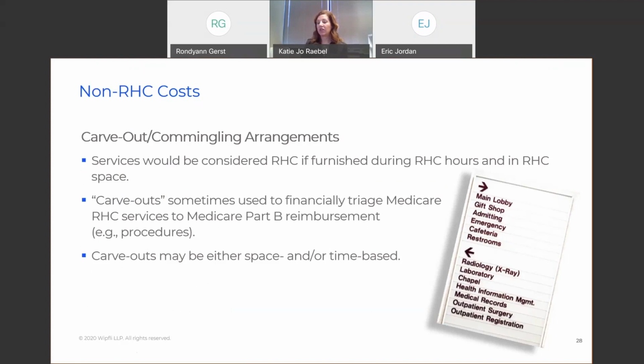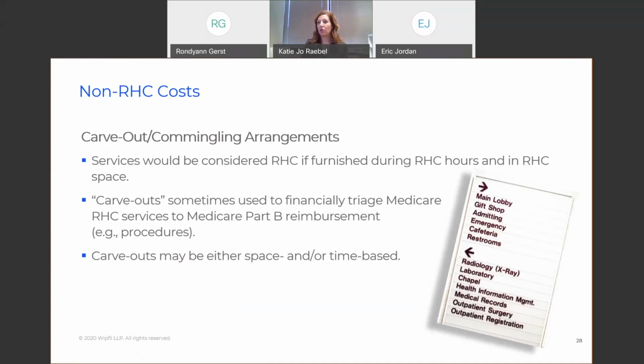We also get a lot of questions, well, can we just do a procedure room in a rural health clinic and bill it? We do all of our Part B procedures in that space, and then we're able to get higher reimbursement under a fee schedule reimbursement if we do it that way. And, you know, years ago, there was some of that going on. I find that kind of a dangerous